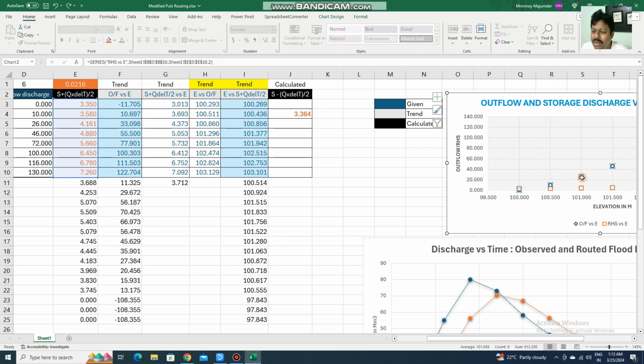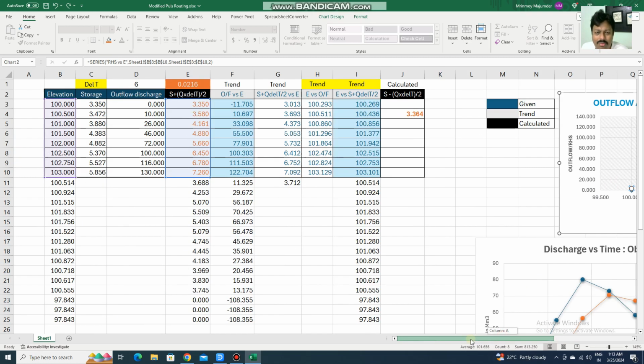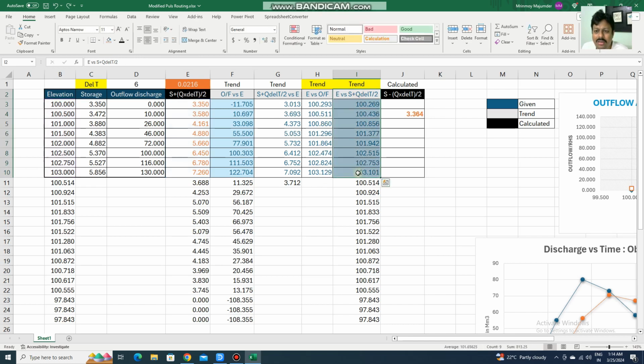For this one also and for this one also, both are same. But remember, in one case you have to find the y as outflow, x as elevation. In another case you have to find elevation as the y and RHS as the x. That means when I am giving RHS, it will give me elevation for this point. So this is very easy, just reverse it, make x as y and y as x, you find